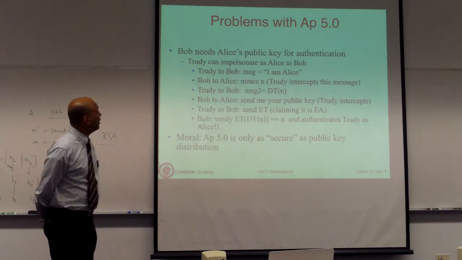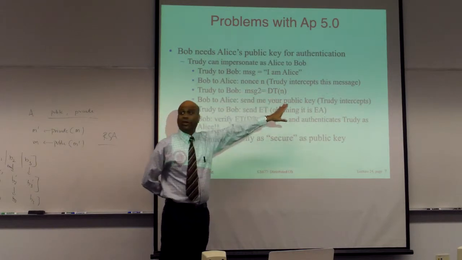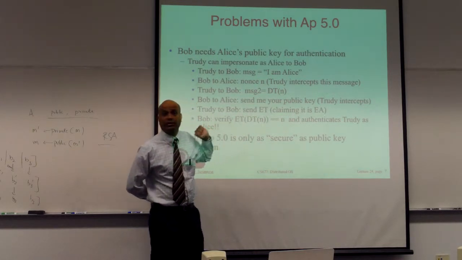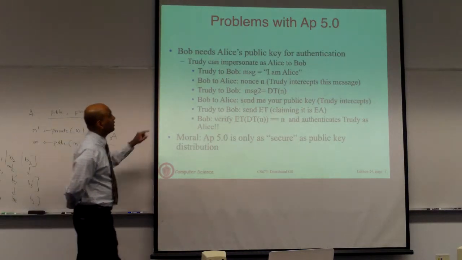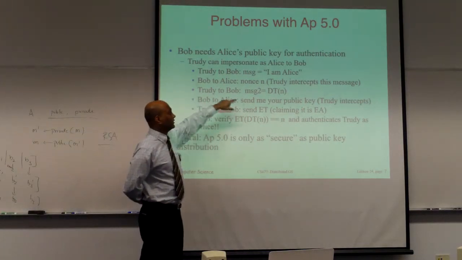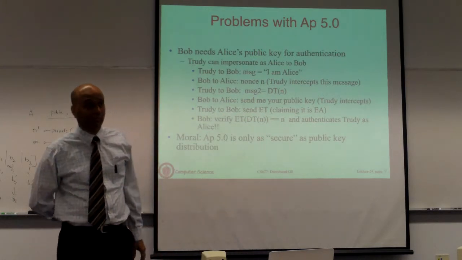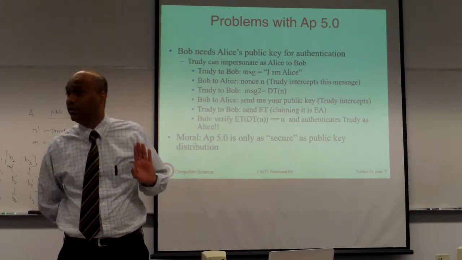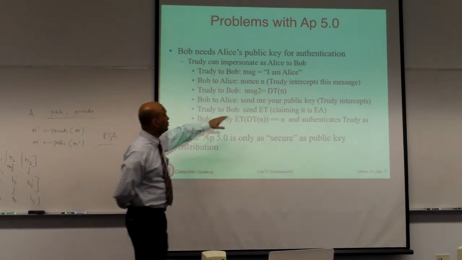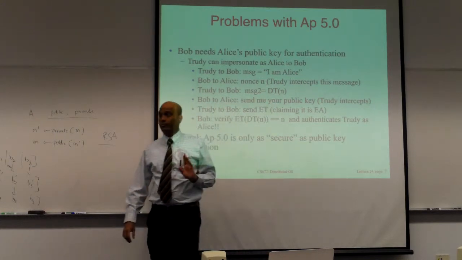Bob is then going to try to send a nonce back to Alice, which Trudy is going to intercept. It's a network, so you can intercept this message. Now, what Trudy is going to do is she has to send an encrypted version of the nonce. Trudy is going to use her private key, not Alice's private key, to encrypt that nonce. So use the private key here. That's why it says D of T. He sends the nonce back.